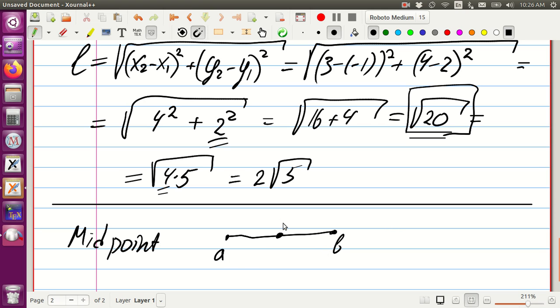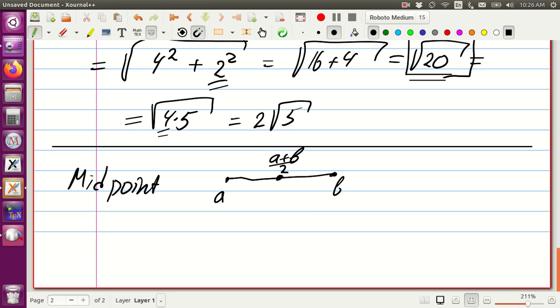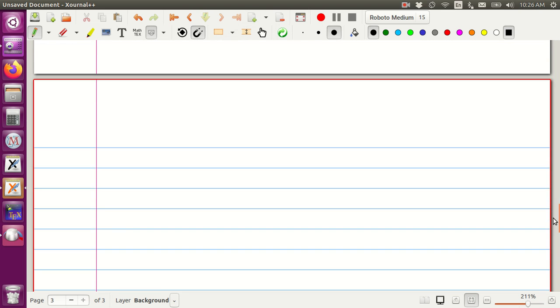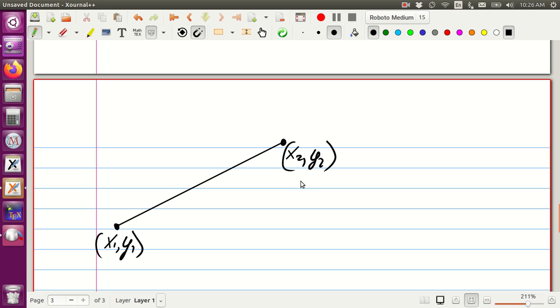The average of two values, so it's a plus b over 2. But the same we can do in 2 dimensions. If we have 2 points, one is denoted by x1, y1, another one is denoted by x2, y2,